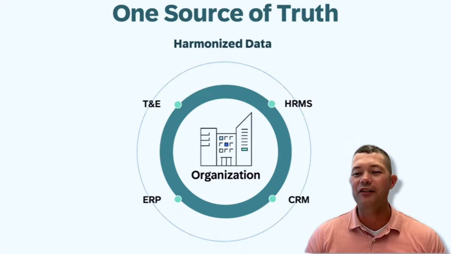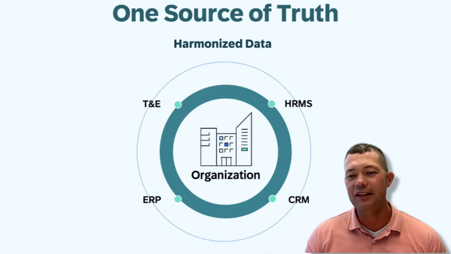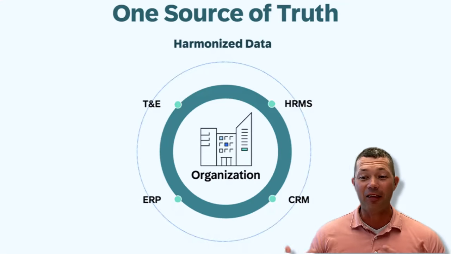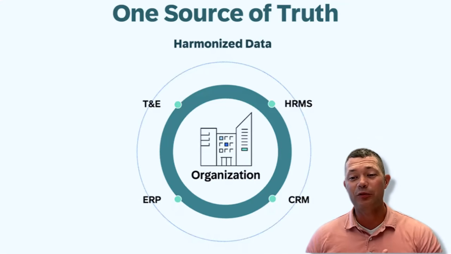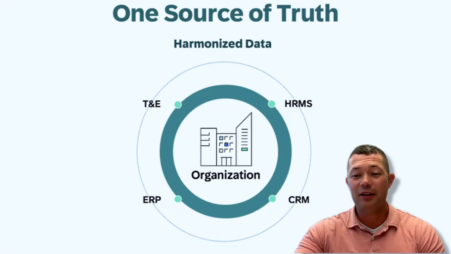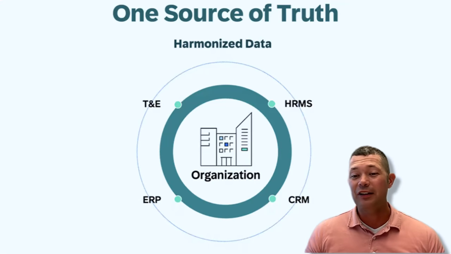I think someone told me the other day that they had 20 to 30 systems that they needed to have integrated. That's a lot of information flowing. And a lot of times, some of it is duplicative work, right? And sometimes when you are doing duplicative work, you have errors.